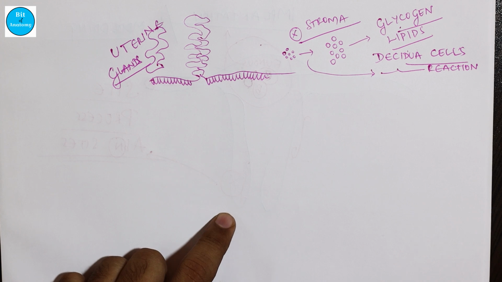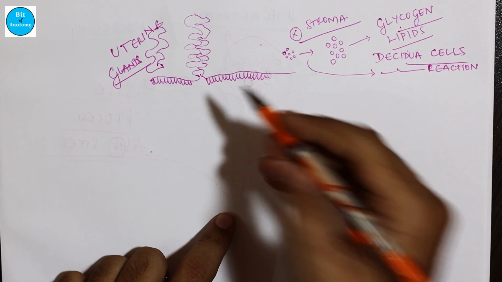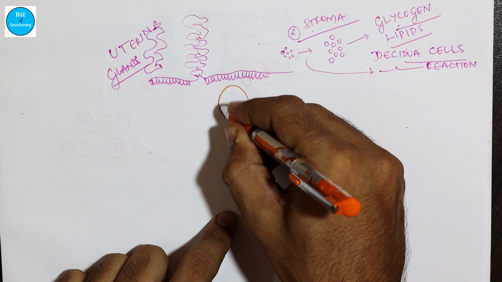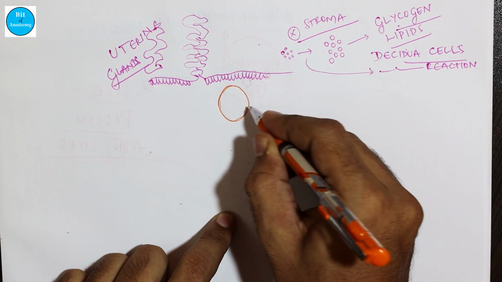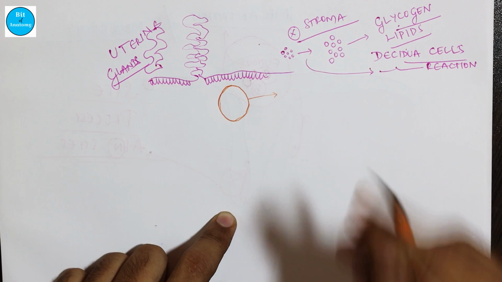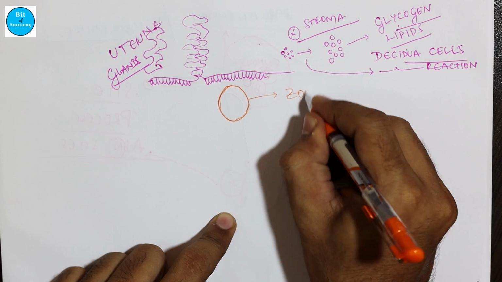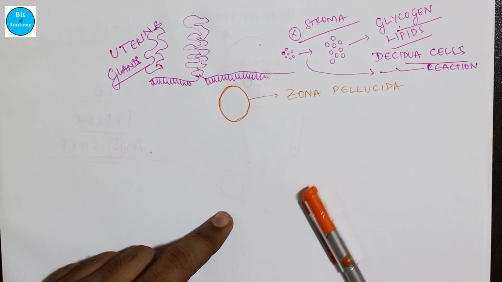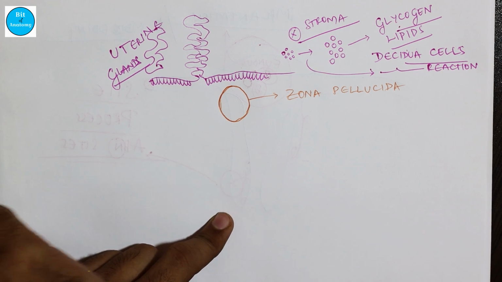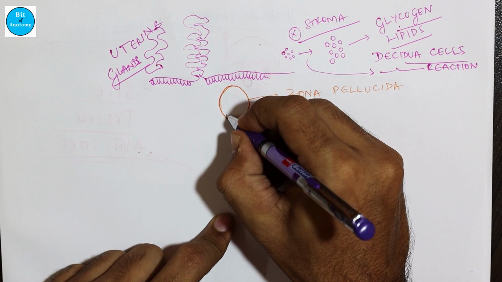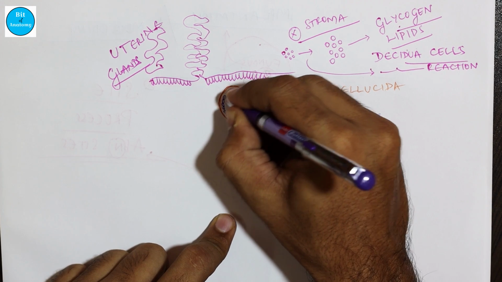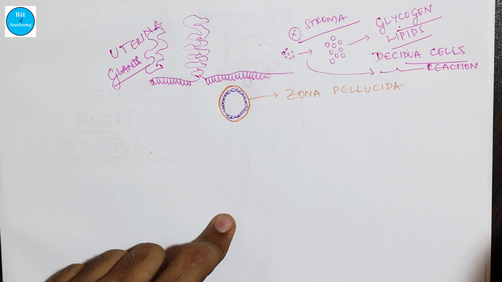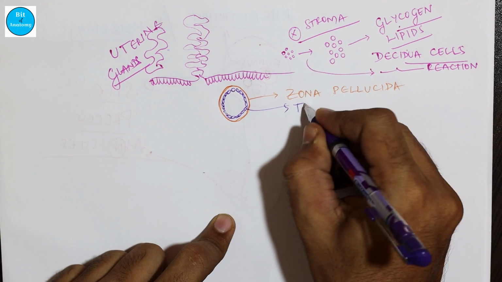Now we appreciate the blastocyst, or the embryo part. If you look at the blastocyst, it basically contains an outer layer called the zona pellucida, a protective layer. Within the zona pellucida, the blastocyst is now modified into two layers: an outer layer of cells known as the trophoblast,